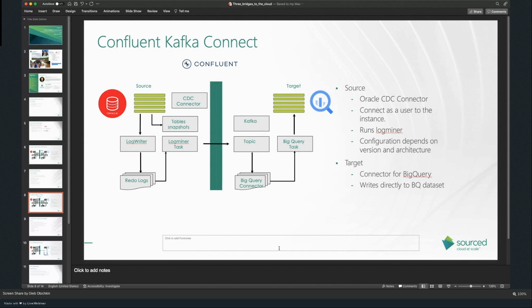Then when you have the data in the topic, and the topic is just continuous writing of the data, you can read the data from the topic by a client. And in different cases, you can have just a simple client. You can run it from the command line and say give me all the data from the topic. But at the same time, you can have the BigQuery connector as a client for that topic. So in that case, what you specify, what you need for that.